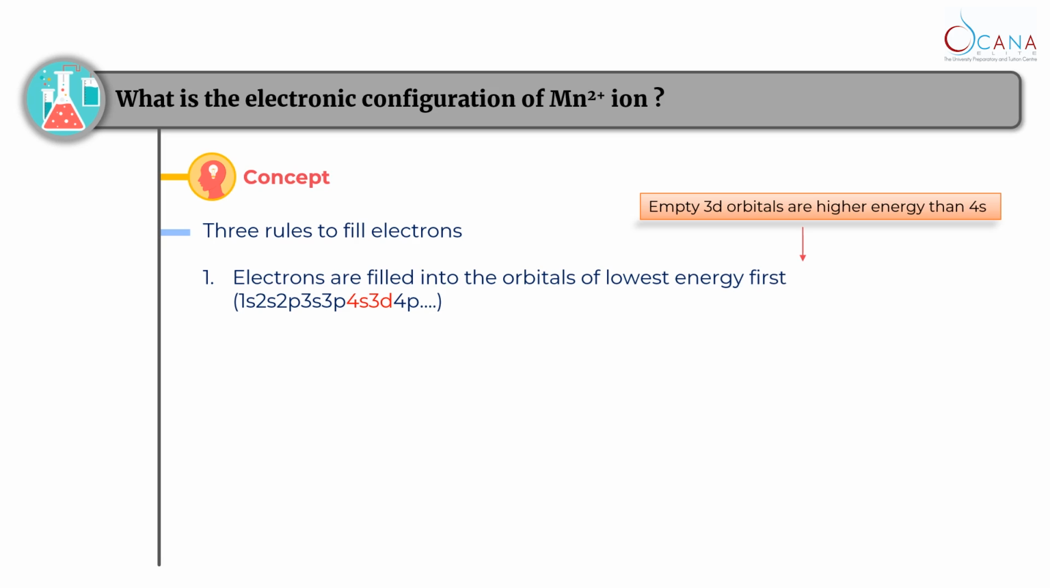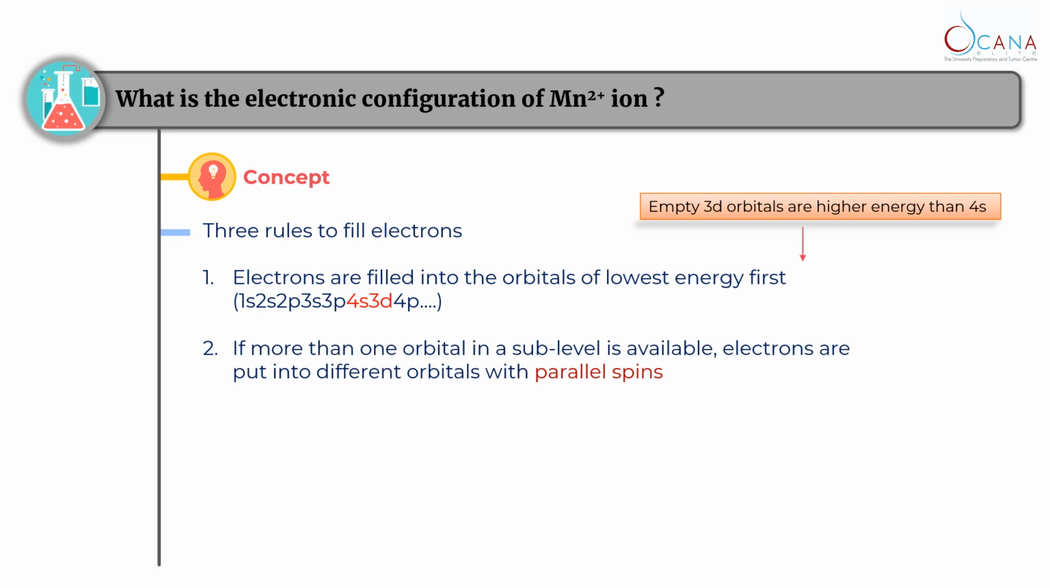Next, if more than one orbital in the sublevel is available, electrons are placed into different orbitals with parallel spins in order to minimize electronic repulsion. That means if we have 3 electrons in p orbitals, we should fill them into different p orbitals first before pairing them up. The 3 electrons have to be arranged in parallel spins,